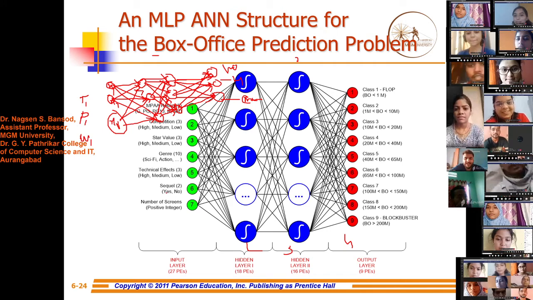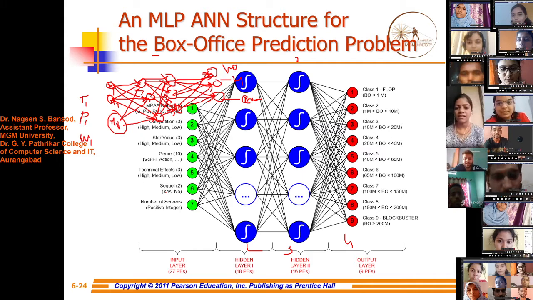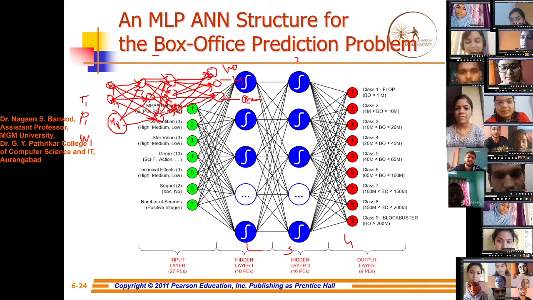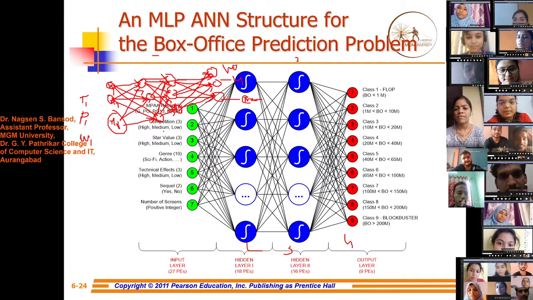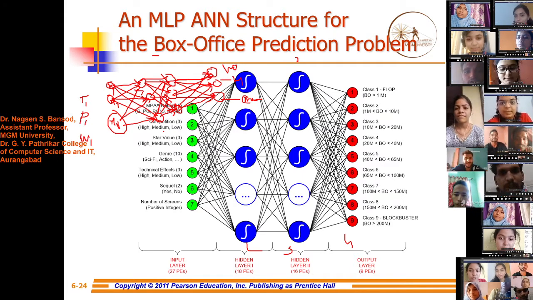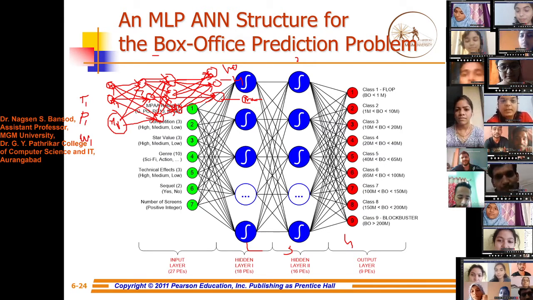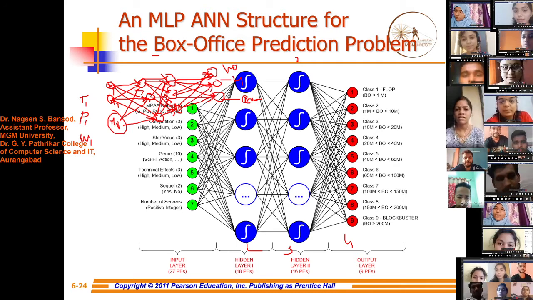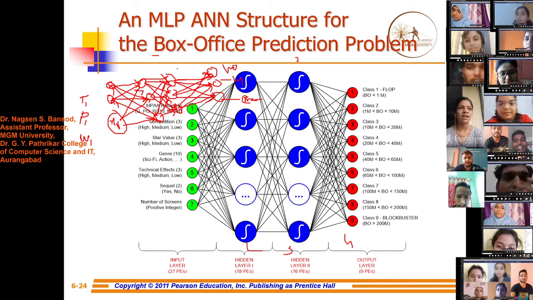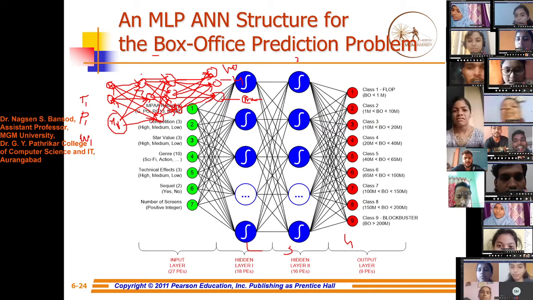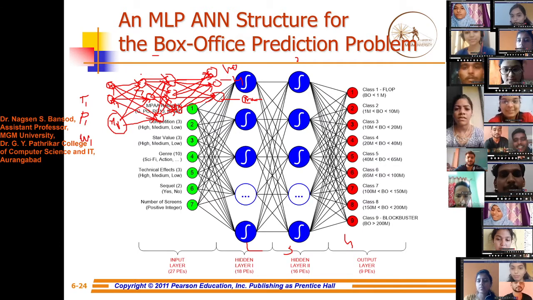What is the work of the hidden layer? What is a hidden layer? It is to adjust the weight. Suppose we have the input and are not getting the proper output, then in the hidden layer we will add some value and find the output, whether we are getting the proper output or not.